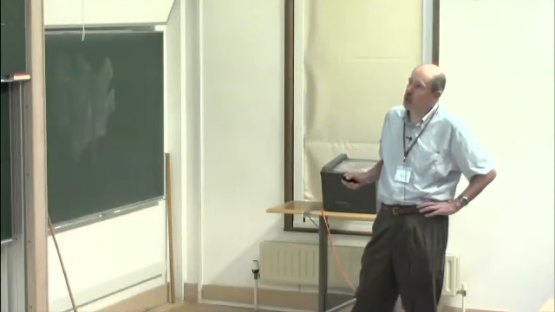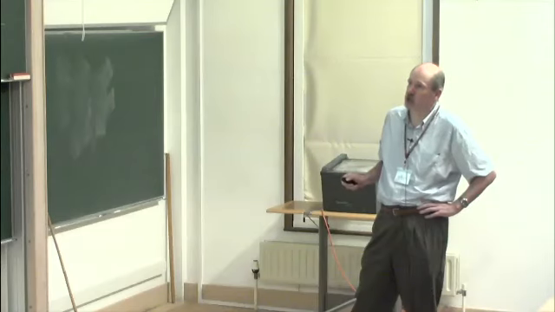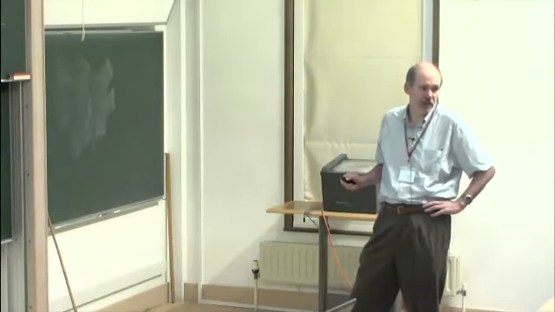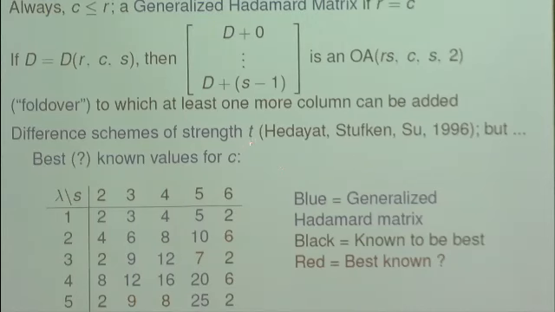So a difference scheme, just by developing in this way, leads to an orthogonal array of strength 2. And in fact, you can always add at least one more column to it, and sometimes you can add more columns to it. So this is a fairly simple way of constructing orthogonal arrays, and depending on whether you start with a good difference scheme, it can lead to good orthogonal arrays. Good meaning having many columns. You can extend the idea to difference schemes of strength t to get orthogonal arrays of strength t. I'm not sure that's very powerful. It hasn't been studied very extensively. So that would be one area, I think, where some additional research